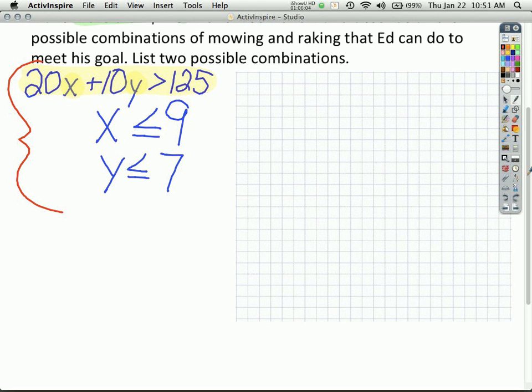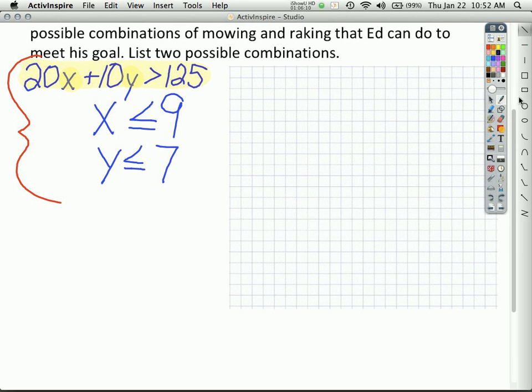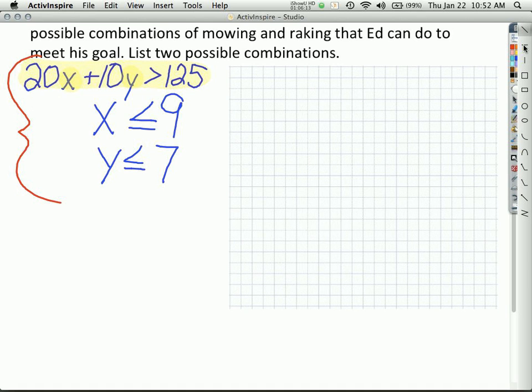Now, each one of these statements is putting restrictions, but there are also some other restrictions that are not written down. What are some of the other restrictions about a scenario in which someone is mowing, raking, and trying to make money? Natalie? You can't have negatives. Can't have negatives. What else? Isabel? Can't have fractions because you can't mow half the time. You could, but then you'd get fired. So we need just quadrant 1 and we need whole numbers, okay? So let's go ahead and get this set up with just quadrant 1, and I'm going to leave myself a little bit of space next to it.